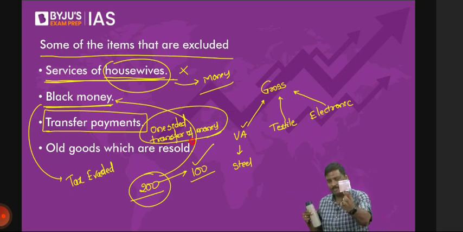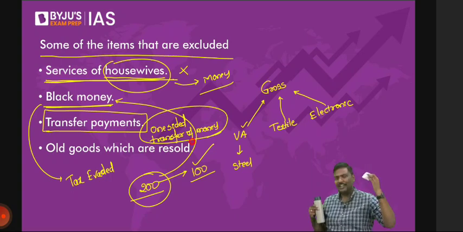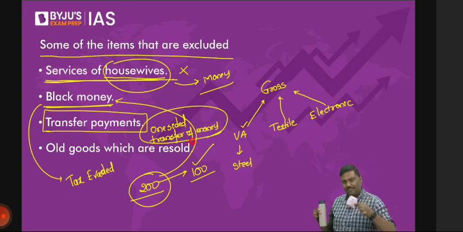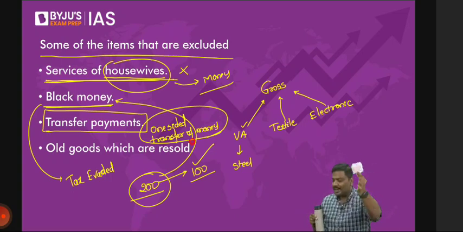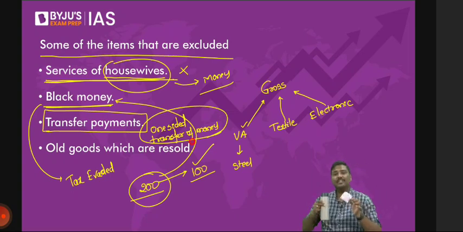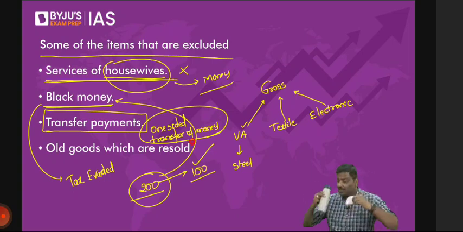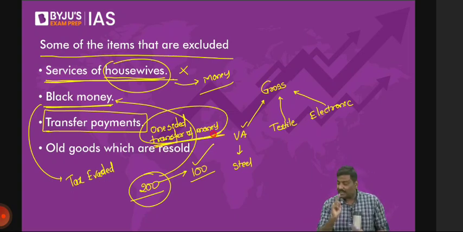Now tell me, looking at this example, can I say this 100 rupees is a transfer payment? Let me check whether you're following the discussion or not. I've gone to the market. I've paid 100. I've purchased a bottle. Can I call this 100 rupee as a transfer payment? No. You should not be calling this 100 rupee as a transfer payment because there is an exchange of goods and services. I've written that. It is a one-sided transfer of money without any exchange of goods and services.